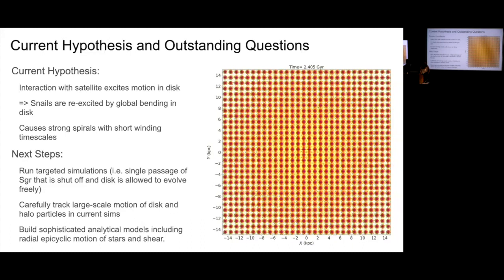So this is great, really nice work. I think I missed the discussion or the reason why you get a wavelength of 10 kiloparsec. Yeah, right. So, okay, so